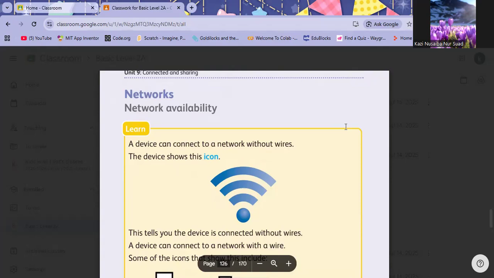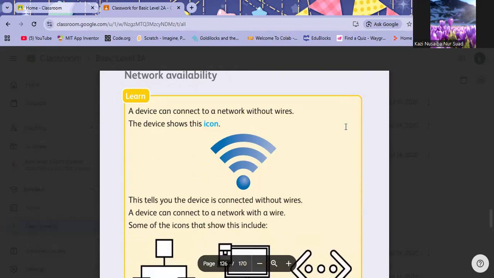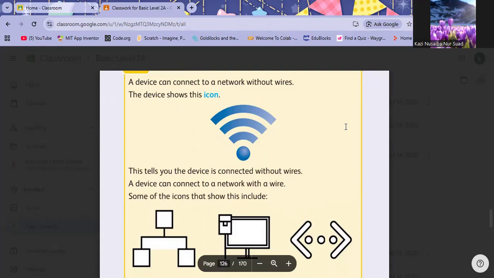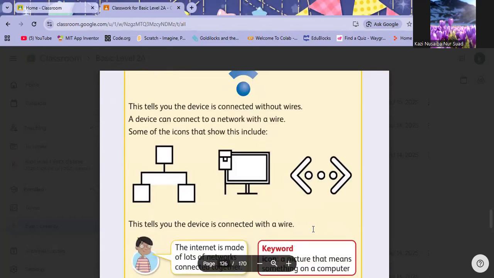Network availability. A device can connect to a network without wires. This device shows this icon. So yeah, look, currently my device shows this icon because it has internet currently. This tells you the device is connected without wires. A device can connect to a network with a wire. Some of the icons that show this include,